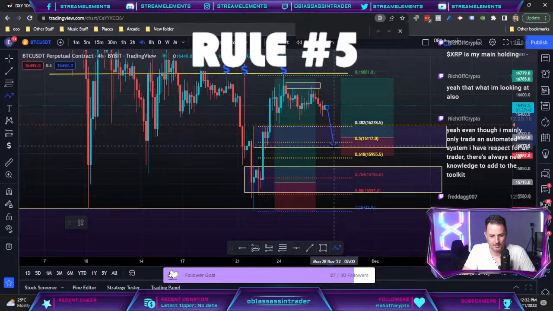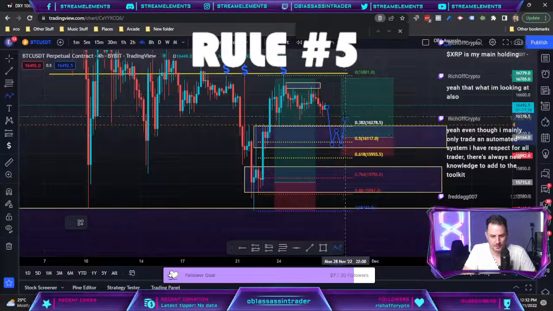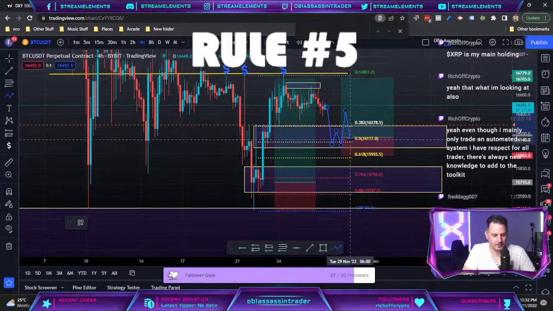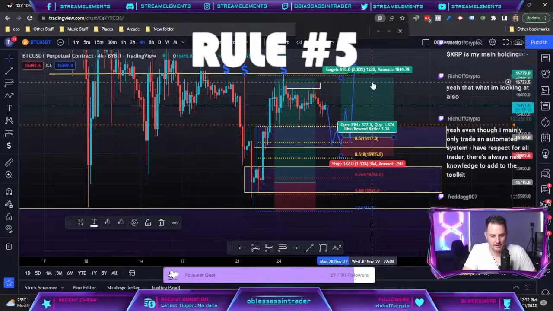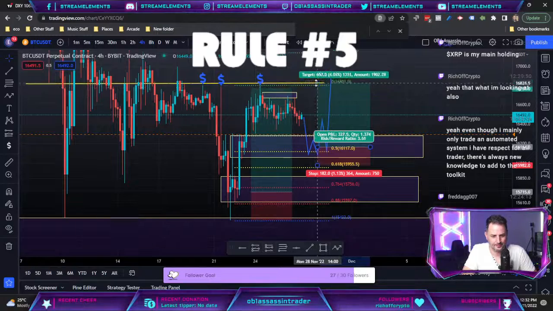I want price to come down here, build a base, have a push off, return to origin, and that's where I'm going to pick up my trade. Then take out these highs here, giving me a 3.38 to 1 risk to reward. Potentially more,